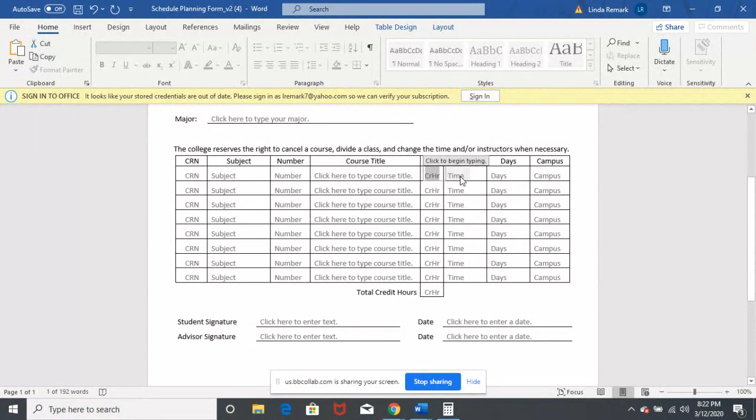How many credit hours is it worth? What time is it? Monday, 10 to 11:50. And then is it on main campus, Akron, wherever? Of course, you're just going to put web, and then obviously this does apply. You do not have to worry about the days